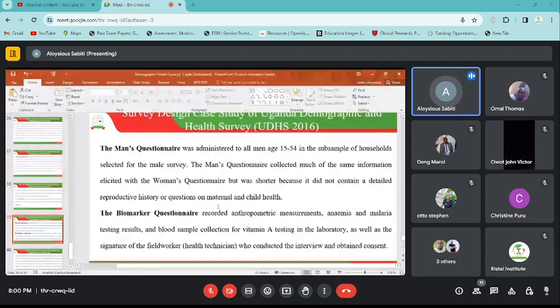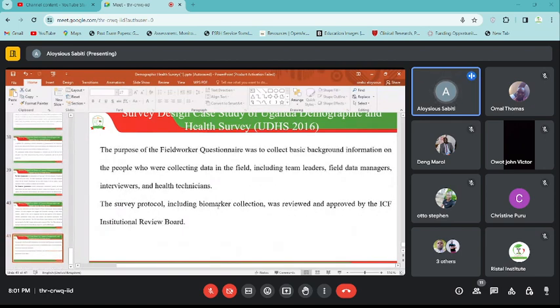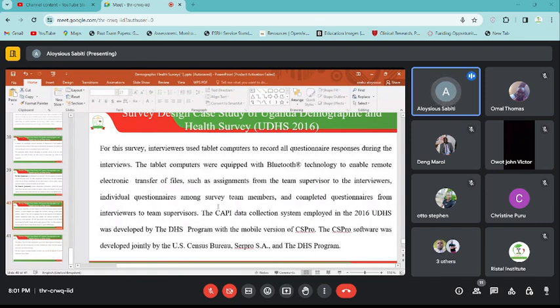And then the biomarker, as we said, is a biological aspect, and therefore it recorded anthropometric measurements, anemia and malaria testing results, and blood sample collections for vitamin A testing in the laboratory, as well as signature of the field worker or the health technician. So that is just the brief of a case study of how the DHS was designed